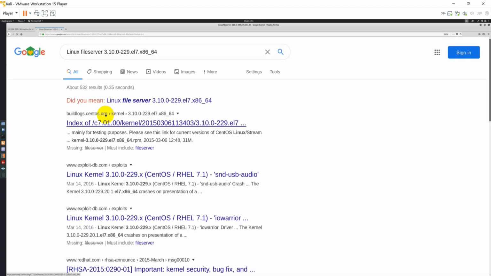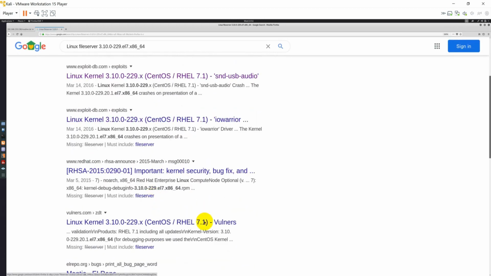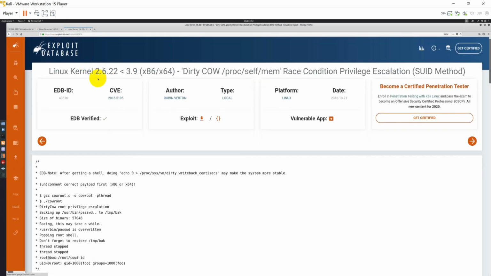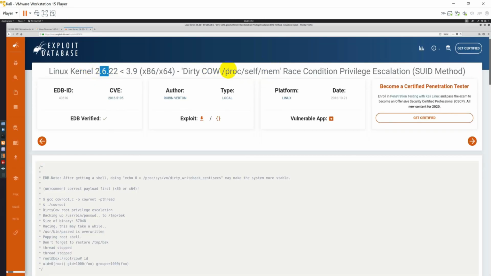It might take some time for you to enumerate more and more. So in exploit-db you will get multiple exploits. Let's directly go ahead and use one of the exploits. This is the exploit that you will get after searching: Linux 2.6.22, Dirty COW race condition privilege escalation, SUID method.